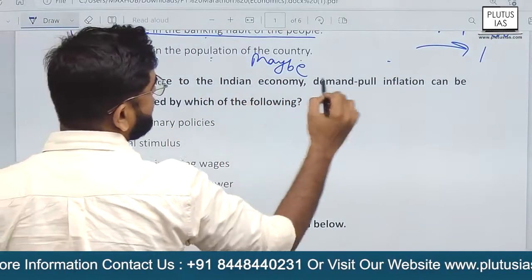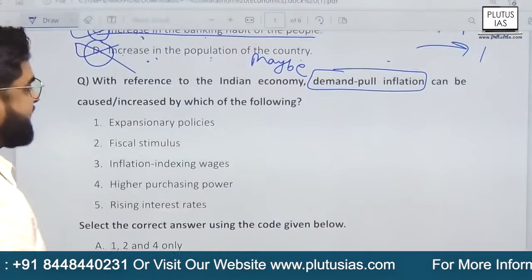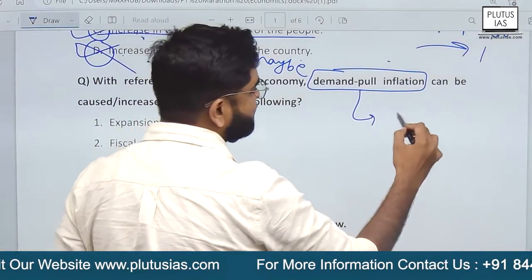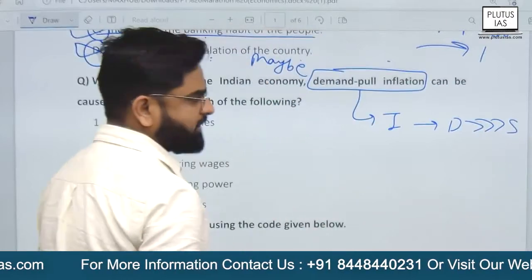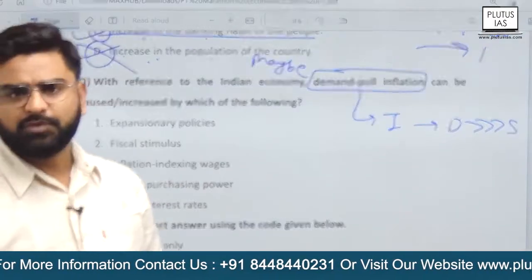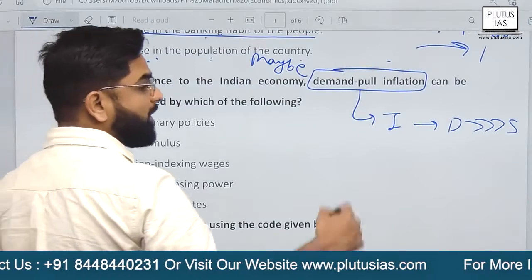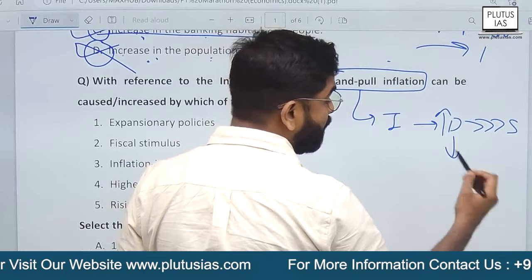With reference to the Indian economy, demand-pull inflation can be caused or increased by which of the following? Okay, demand pull. Simply, we understand inflation means when demand is much more than supply. When demand is much more than supply, it's simply inflation. That we know. So demand pull means when demand increases, and we know demand increases when people have more money,